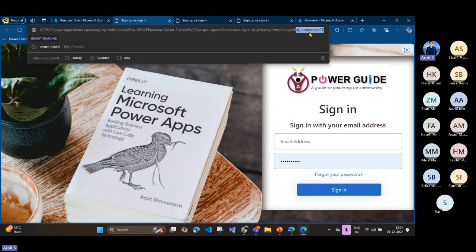So whenever you are calling a particular Azure AD B2C page from the Power Pages site, you need to make sure that you are including ui_locales equal to the language code in order to change that language. For example, you are using a Power Pages site and the user has by default set their language to English or to Portuguese or to German, right? How can you send that information to your B2C page